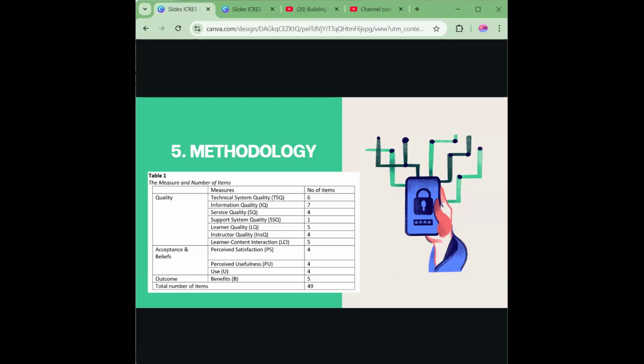To justify a diverse range of measures to be included, several papers were analyzed to determine the instrument for this investigation. Finally, for the purpose of this study, we use these items in the survey. There were 10 measures adapted from Al-Fraihat et al., 2020, which are technical system quality, information quality, service quality, support system quality, learner quality, instructor quality,